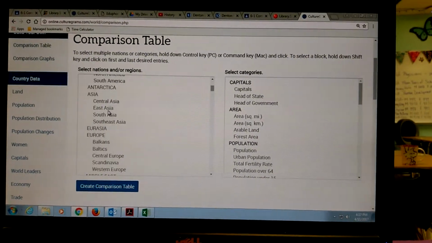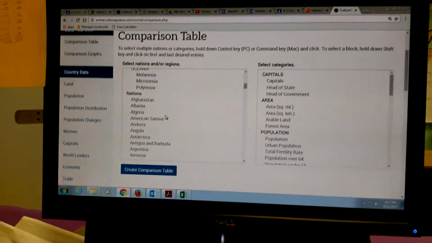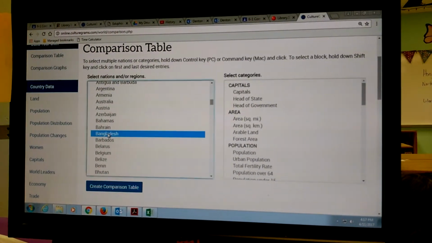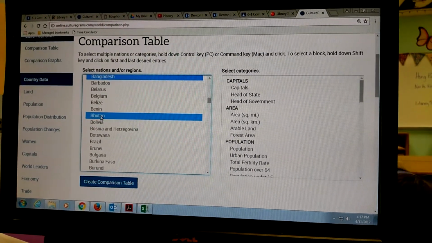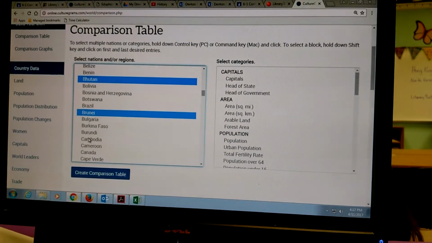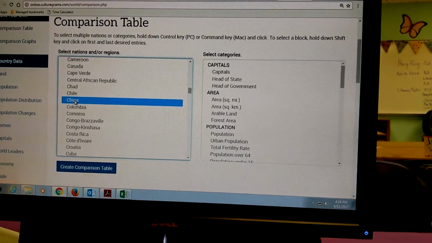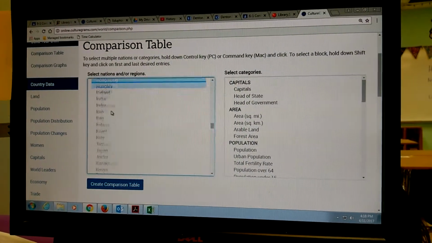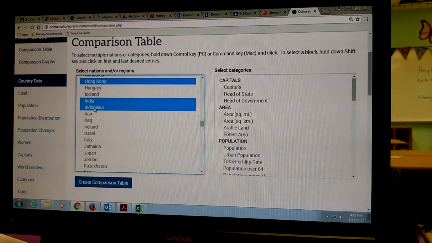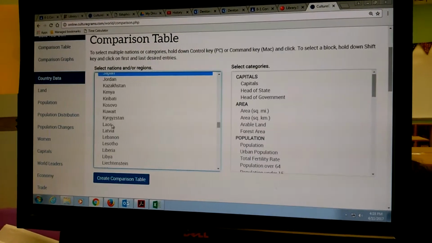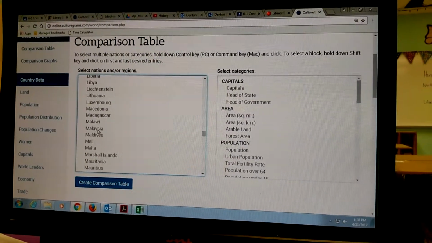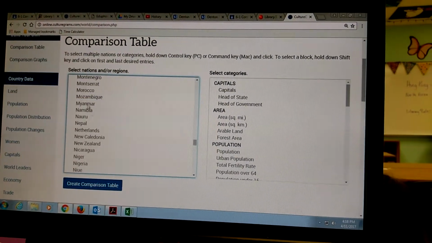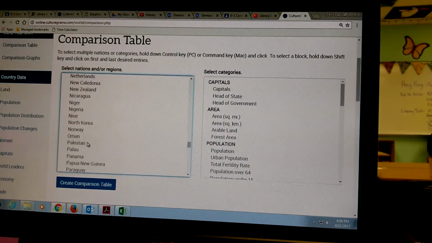So they'll go through their list of countries, holding down the Control key as they make each selection. So the first country that they're going to look for is Bangladesh. Hold Control, click that country. Scroll down some more, there's Bhutan. We need Brunei, Cambodia, China, Hong Kong, India and Indonesia, Japan, Laos, Malaysia, Mongolia, Myanmar, Nepal, North Korea,